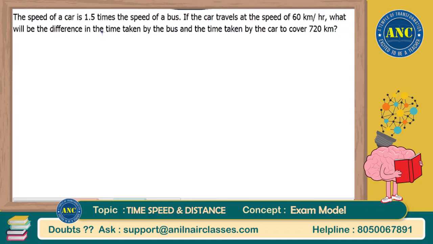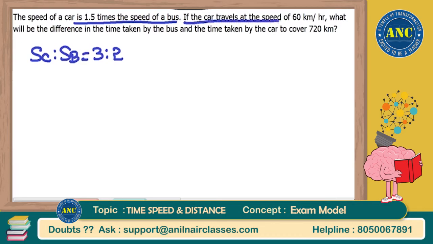First statement says speed of car is 1.5 times the speed of bus. That means, can I say that speed of car is to speed of bus is 3 by 2, which is nothing but 3 is to 2. Same like my previous method only, right? And they are also saying that